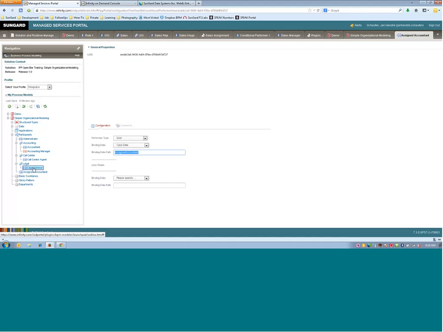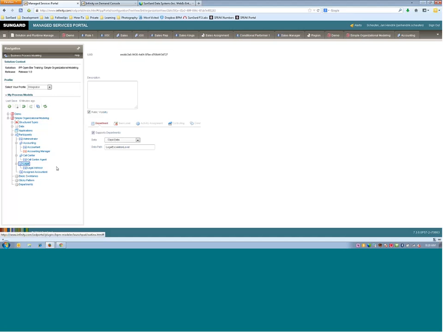Last but not least, the legal department, the legal organization uses departments where I have instead of a region, I have decided to use a threshold. So processes at runtime have a threshold 1, 2, 3, and depending on that threshold, a different legal advisor is assigned to the case to work on it. Okay, let's get into the